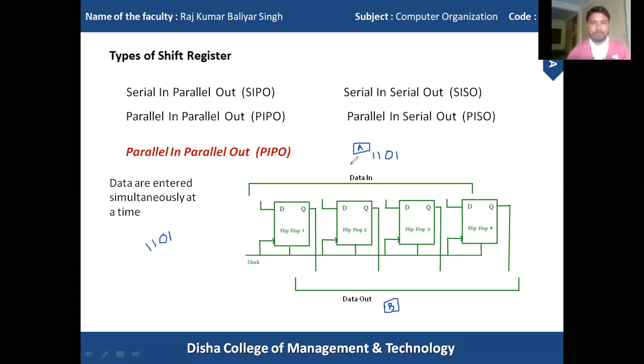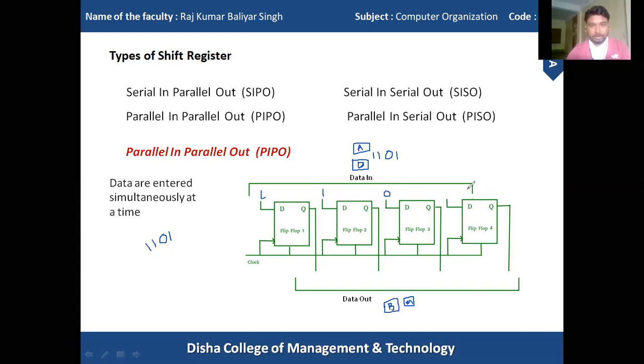Then I need a demultiplexer, DMUX, at the A side. I have to use a MUX at the B side. I may use this DMUX at the A side because DMUX works opposite of a multiplexer. In a multiplexer, n number of input lines can be converted to a single line. So here all data can be fed, that is 1 0 1.